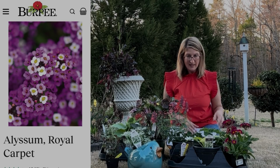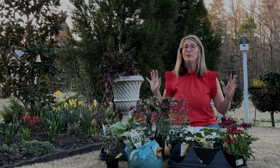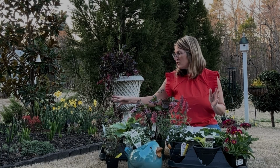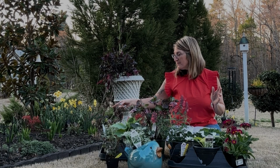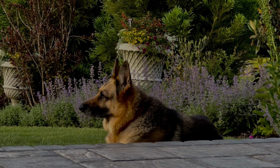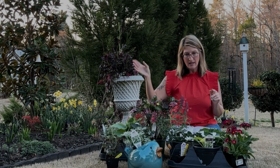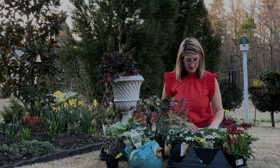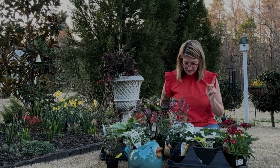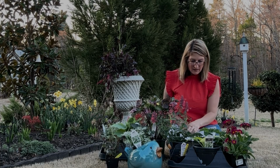So this one is a big blanket of color of purple. So when I do have my Walker's Low growing up here, when they start to bloom, it's going to be pretty full. So I'm going to have to find little pockets that I'm going to be able to put that in, and I can put them in pots as well. So excited about that. And then I already talked about the agastache, the